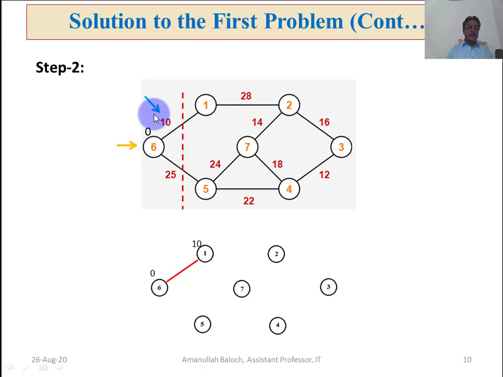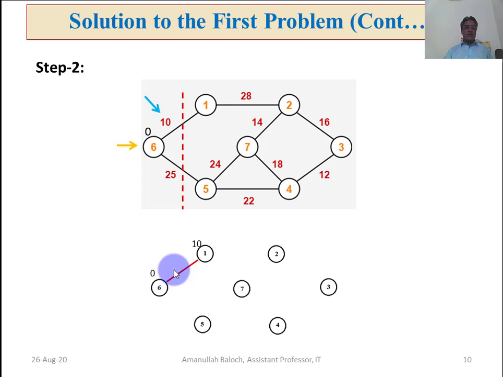So the cutting line is cutting two edges, and the weight of this edge is 10 and the weight of this edge is 25. Because Prim is a greedy algorithm, it attacks this edge and selects it. So here in our MST we will take this edge, and as we have discussed, the weight of the edge becomes the key of the next node which is adjacent to this root node. So weight is 10, it becomes the key of this one. We have discussed this process in detail